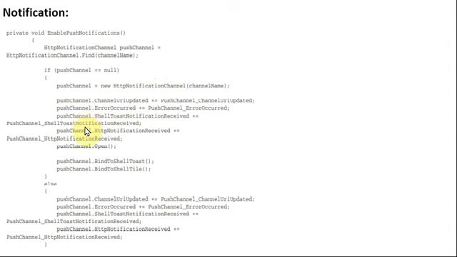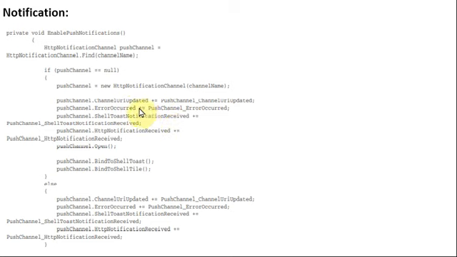Then after creating the push channel, we must provide the service URI to post data. That is, the URI has to be created wherein you can send your data. That is nothing but channel URI updated, that is equal to push channel. It is updated with the new value.